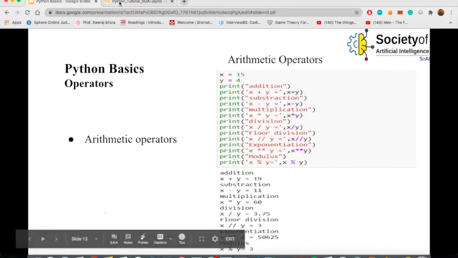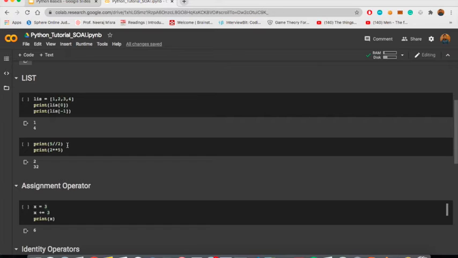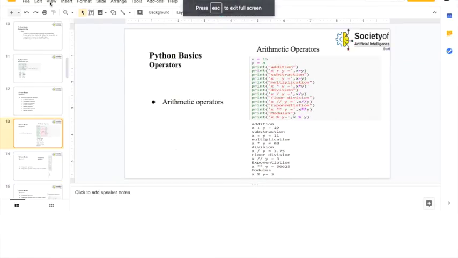Let us see an example in Colab as well. So here it is. We are doing floor division, so we are dividing 5 by 2, and the answer would be 2.5. But since this is floor division, the output which we will get is 2. Again, 2 double star 5, this means 2 to the power 5, that is the exponentiation operator, which will output 32, as it can be seen over here. So let's now move on to